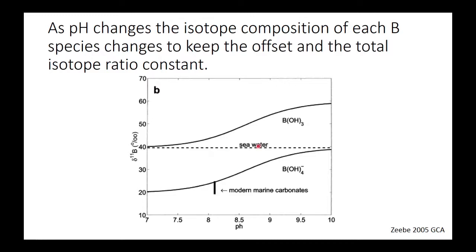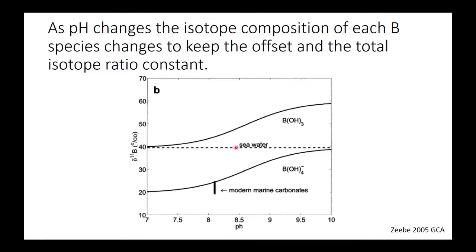Now, at very low pH, almost all of the boron is in boric acid. So the boric acid must then have, if all of the boron is in that form, the composition of the bulk ocean. Whereas if it were all as the other species, all as the borate ion, then the borate ion would have the same composition as the bulk ocean. But if you had some mixture of the two,